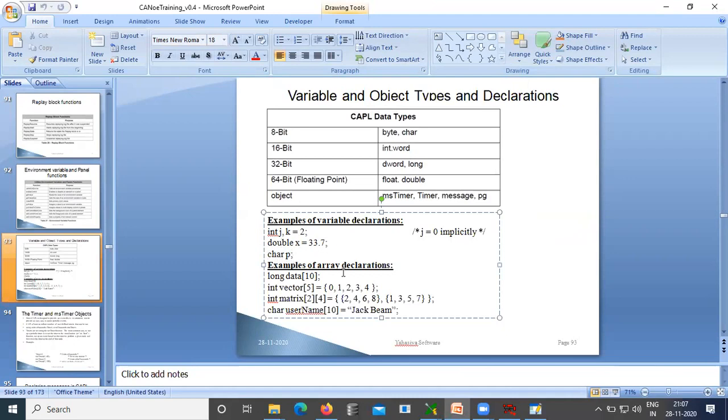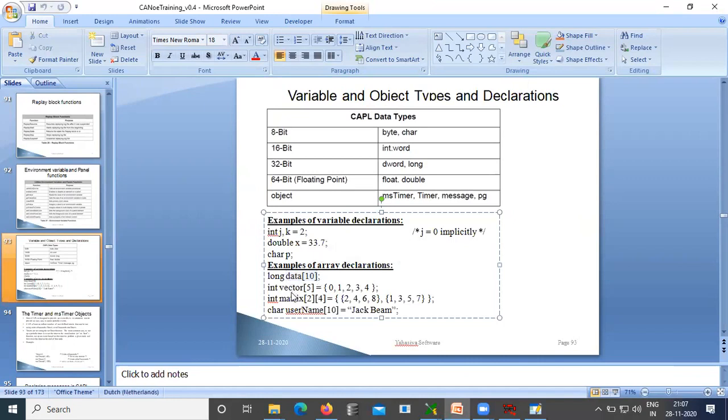They also declared some arrays. Initially they declared a long array. This long array can have 10 long variables, meaning 32-bit variables sequentially, one after another.